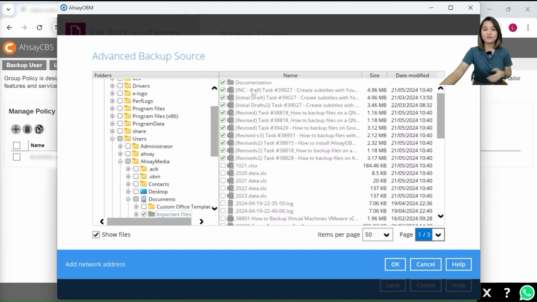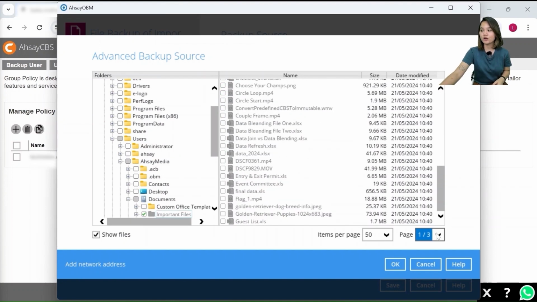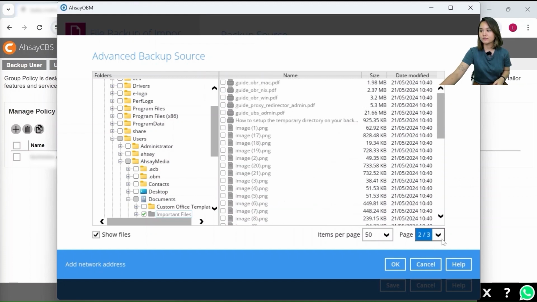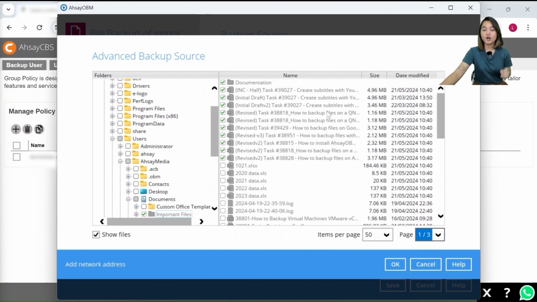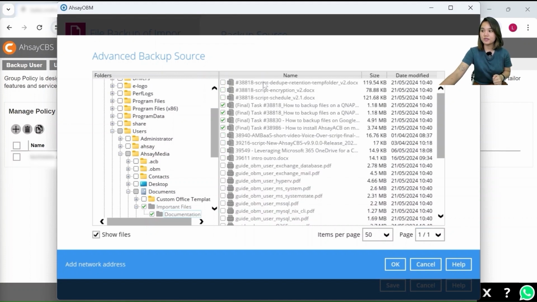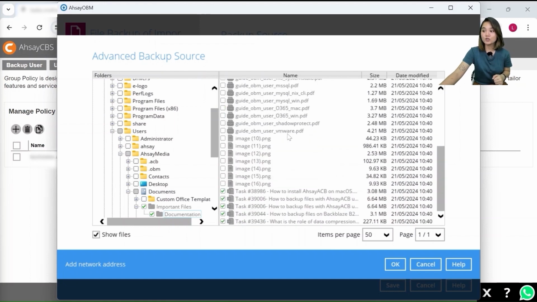As you can see, all the files within the selected folder are grayed out. But certain files are marked as checked, which is an indication that these files are selected to the backup source, including the folder Documentation. If you would notice, only certain files are also selected in this subfolder. These files match the filtering rule and criteria that we specified when we created the simple comparison filter earlier, which